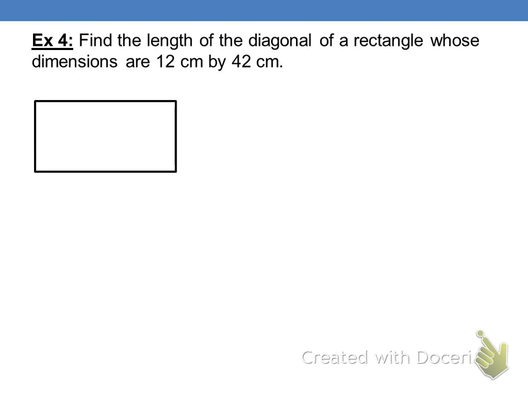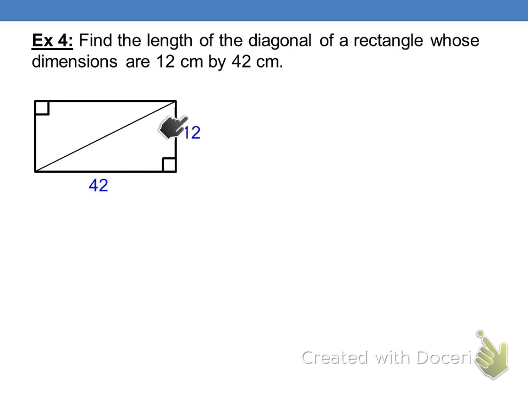Draw yourself a rectangle. I am not going to measure your rectangle, so however you draw it, good to go. Now, a rectangle has 4 right angles. The diagonal cuts right across the figure. So that makes 2 right triangles. The dimensions of the rectangle actually become the legs. That's why there can't be a negative.